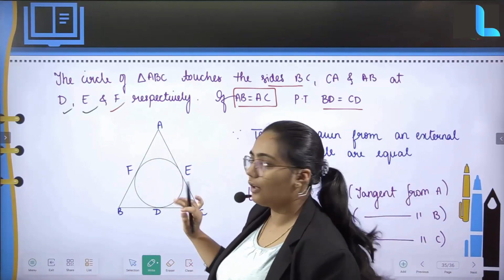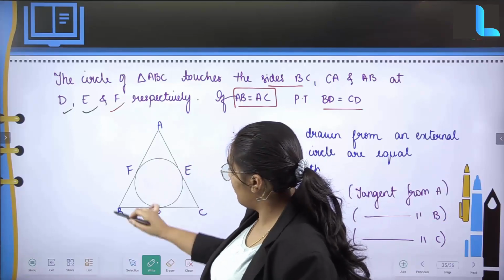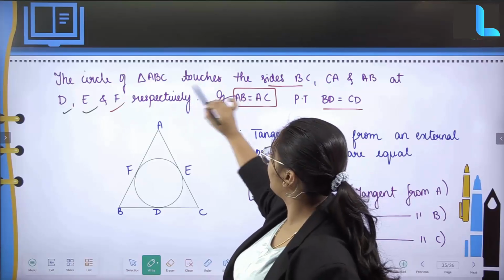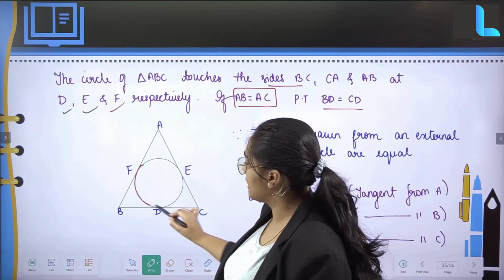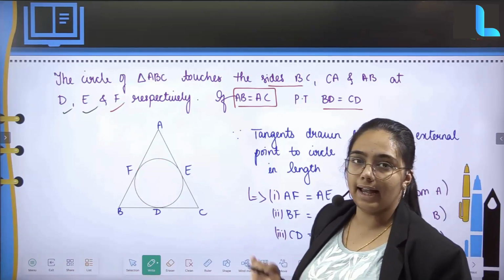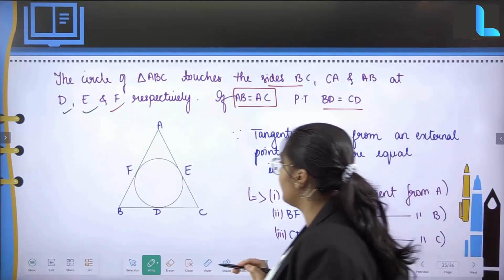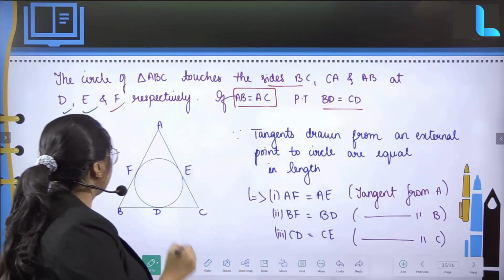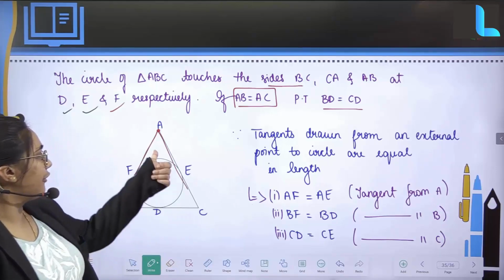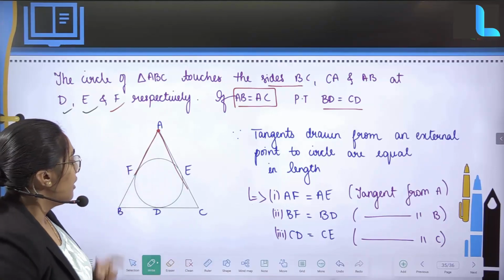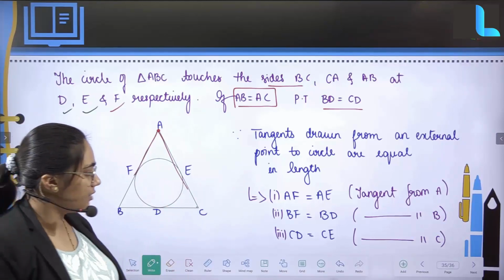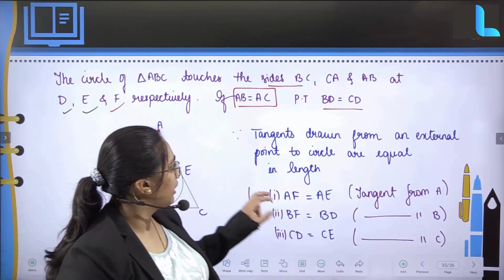ABC is a triangle basically. There is a circle over here, and the circle is going to touch the sides of it at D, E and F respectively. So how are we going to proceed? Again, if I consider A to be my point, there are two tangents which are going to touch. From my point A there are two tangents, from my point C also I have two tangents, and from my point B also I have two tangents. That is what I have written over here.